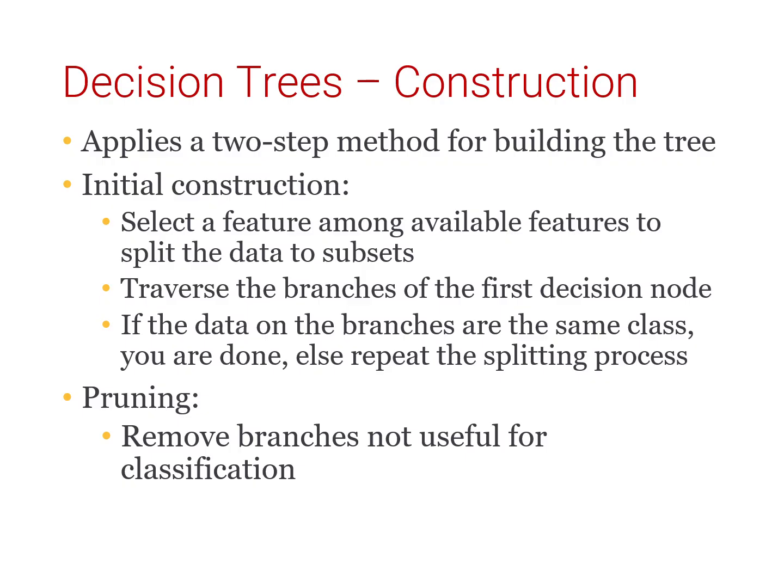Post-pruning, on the other hand, is performed after the initial construction is complete. It involves evaluating the impact of removing each branch on the model's performance. If removing a branch does not significantly degrade the model's accuracy, it can be pruned away. This process is repeated iteratively until the desired level of simplicity is achieved. The pruning step strikes a balance between model complexity and generalization. By removing unnecessary branches, we create a more compact and interpretable decision tree that is less likely to overfit the